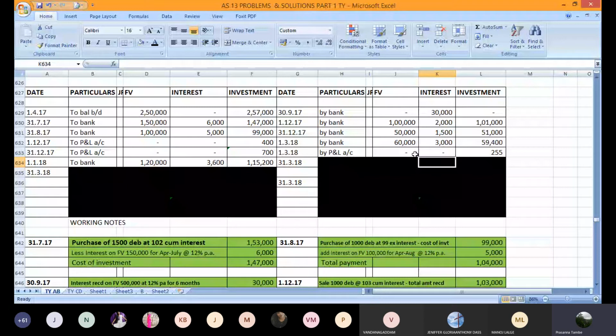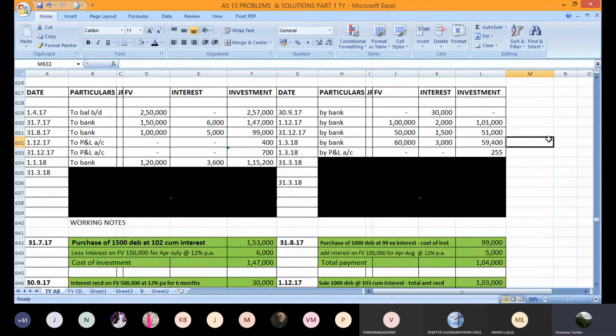Now after this sale, we need to find out what is the number of debentures you are left with. We have to see what is the number of debentures at this point in time. Your face value here, debit side, is 620 and credit side face value is 210. So what is the net difference? 620 minus 210. कितना आता है 620 minus 210? 410. Okay, so you have 4,100 debentures.